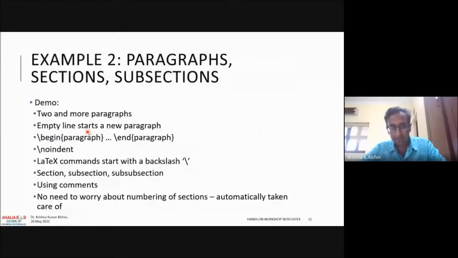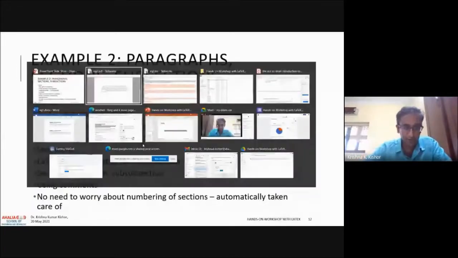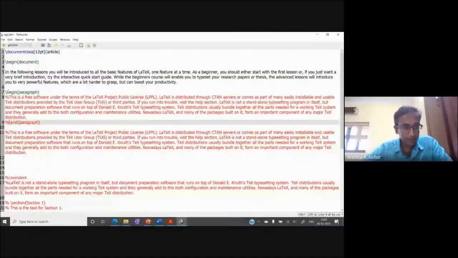I'm going to use this command, begin paragraph and end paragraph. So let's see what the difference is. I'm going to uncomment this part, begin paragraph. Always remember, for every begin statement, there must be an end statement. And I'm going to uncomment this portion as well. Once you uncomment, the color changes and the processor knows that it needs to be processed.